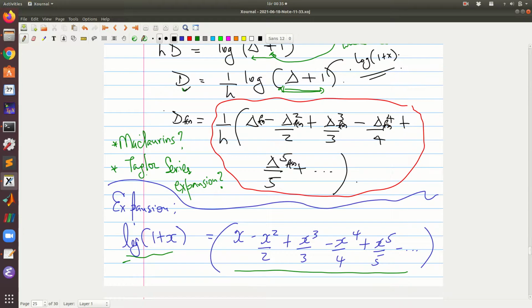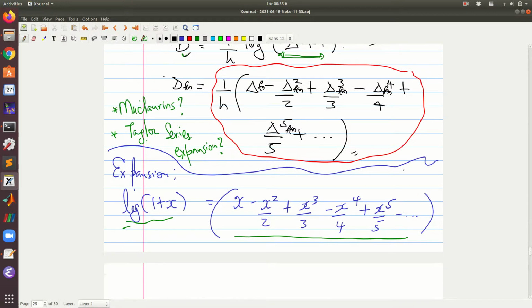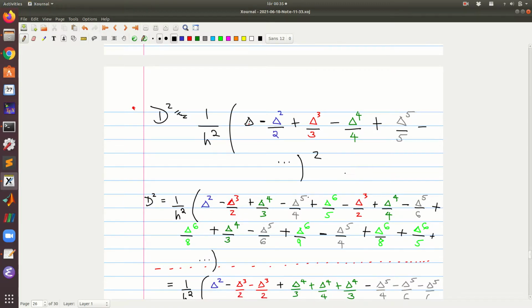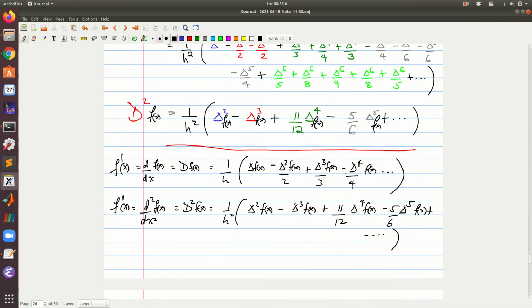We expanded it, and then we got this expression which we can square, and then we get this expression for d. And then we use the fact that the first derivative here is simply d f of x, and the second derivative here is simply d squared applied on f of x,